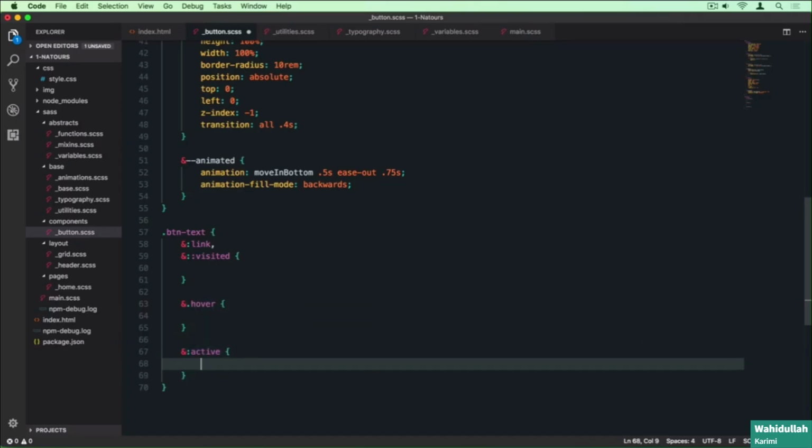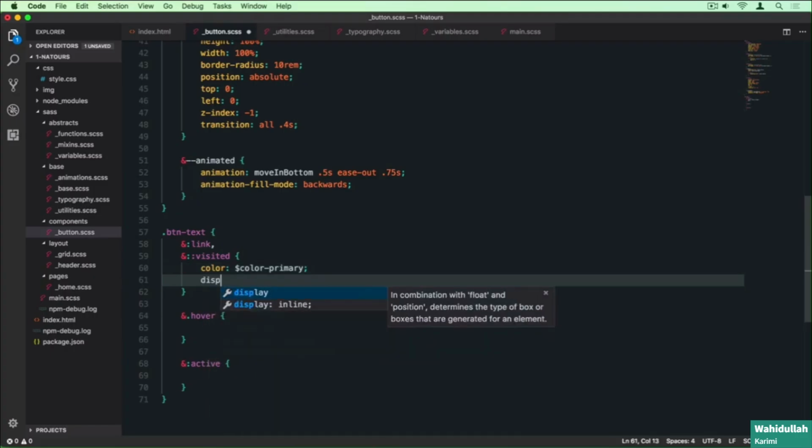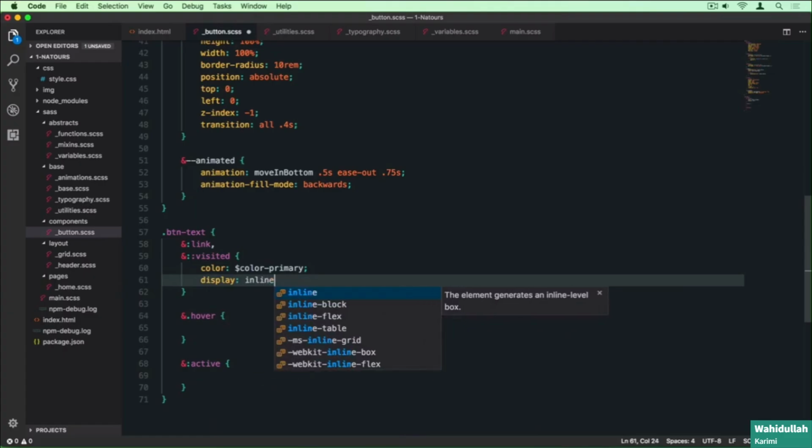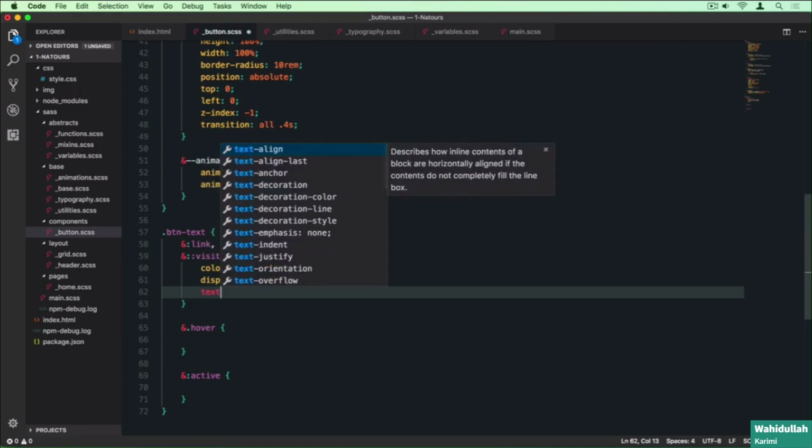And this is actually pretty similar to the button that we wrote before. So let's just very quickly do this. Okay. So the color should be our primary green color. Okay. So that it stands out nicely from the rest of the text. So our green color, we are going to display it as an inline block as always, so that we can use the box model properties on it, like padding, margin, and all that good stuff. So inline block. Then we want to get rid of the underlining. So text decoration,